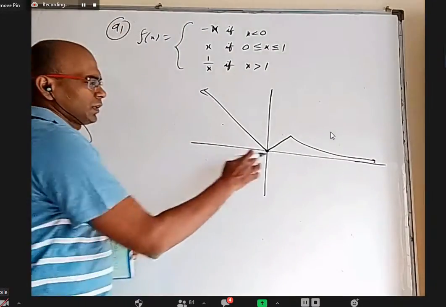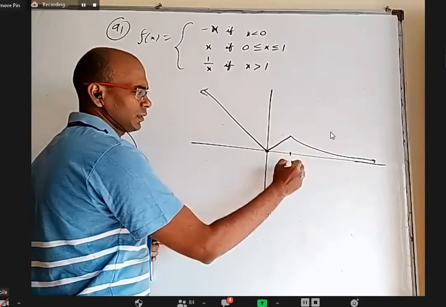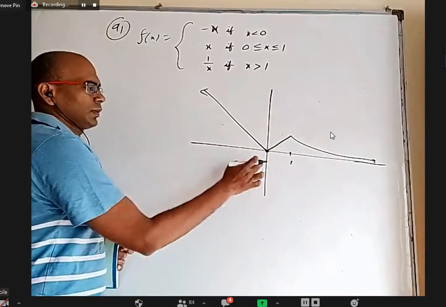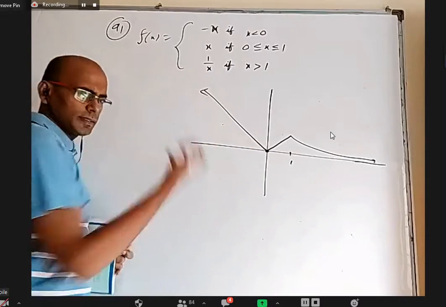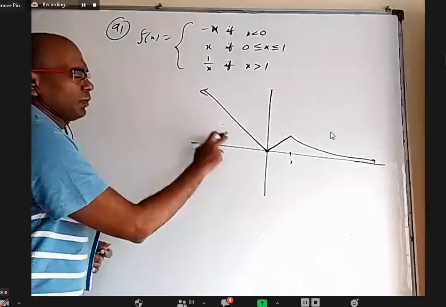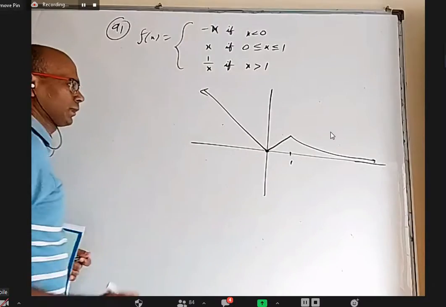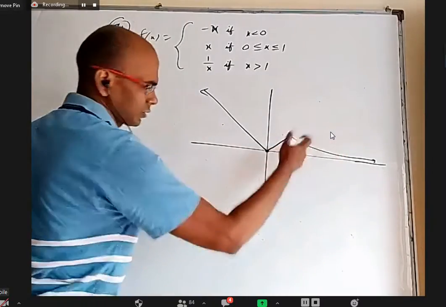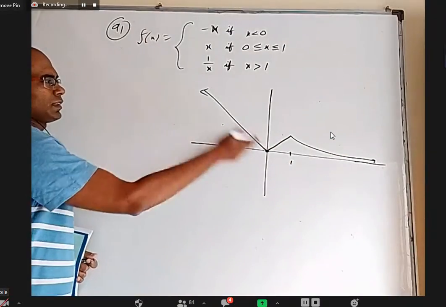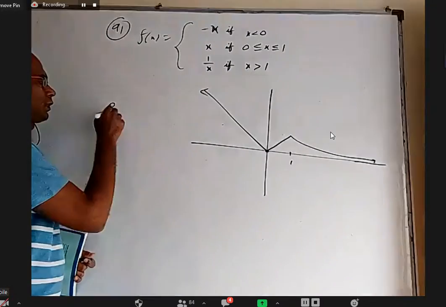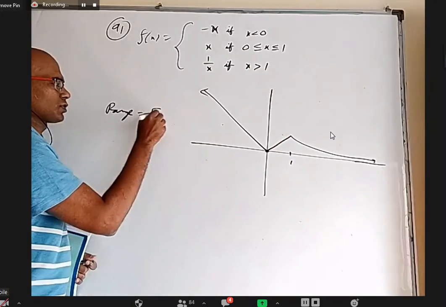Okay. So between 0 to 1, it is y equal to x line. After 1, 1 by x graph. Only bit for negative values, earlier x square, now minus x. Doesn't matter. It will cover all the positive values, including 0 also. Here also some positive values are covered. Anyway, this itself is covering everything. So range is closed interval 0 to infinity.